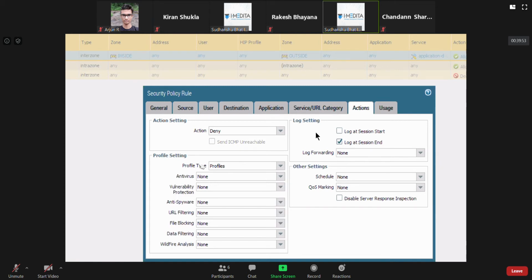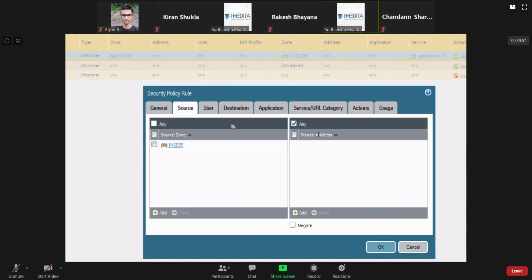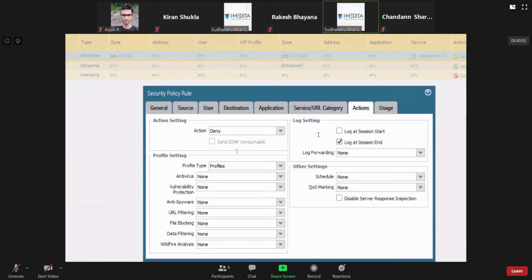See, check this out. Suppose you are blocking traffic going from inside to an outside destination. If you are denying, if you are dropping that traffic, it doesn't make any sense to check whether it has viruses, which URL the person is going to, or which file type you are trying to download. It doesn't make any sense, right?